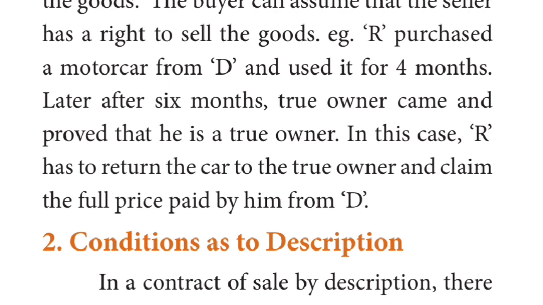Next is condition as to description. Description means the explanation of the product which is given with the product. So in any contract of sale, for any product being sold, it is understood that when an explanation is given for the product's usage, the product has to work according to it. When you buy the product, if the product is not according to the description, then it is an implied condition that you can cancel the contract. So if the particular sale is not according to the explanation given for the product, the contract is considered to be cancelled.